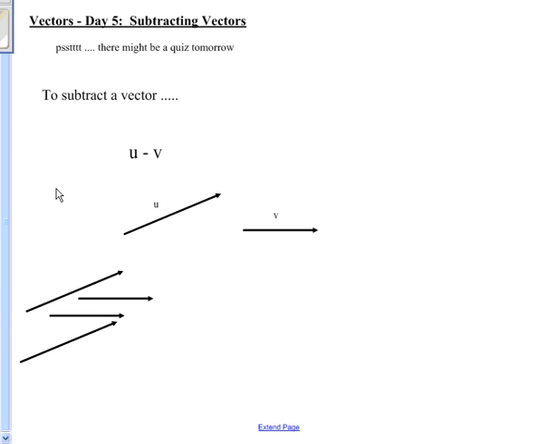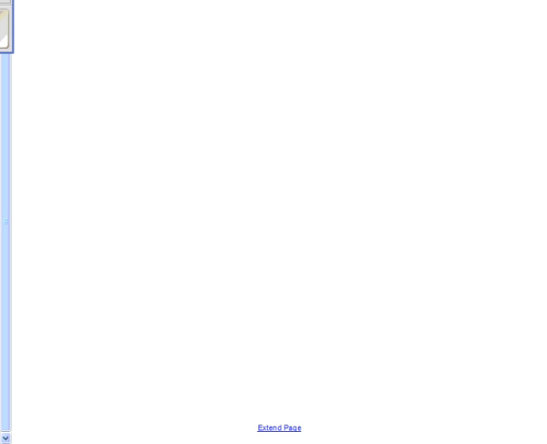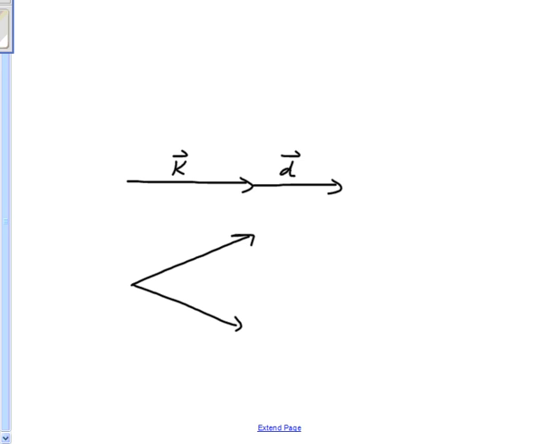MCT4C Day 5, subtracting vectors. If we recall the piano example from yesterday, and you have Keaton and Drew working together, we can simply add those two vectors by putting them tip to tail. If Keaton and Drew were to work somewhat together, but at a different angle between them, they're somewhat helpful to each other, and the resultant would be between the two. However, if they work against each other,